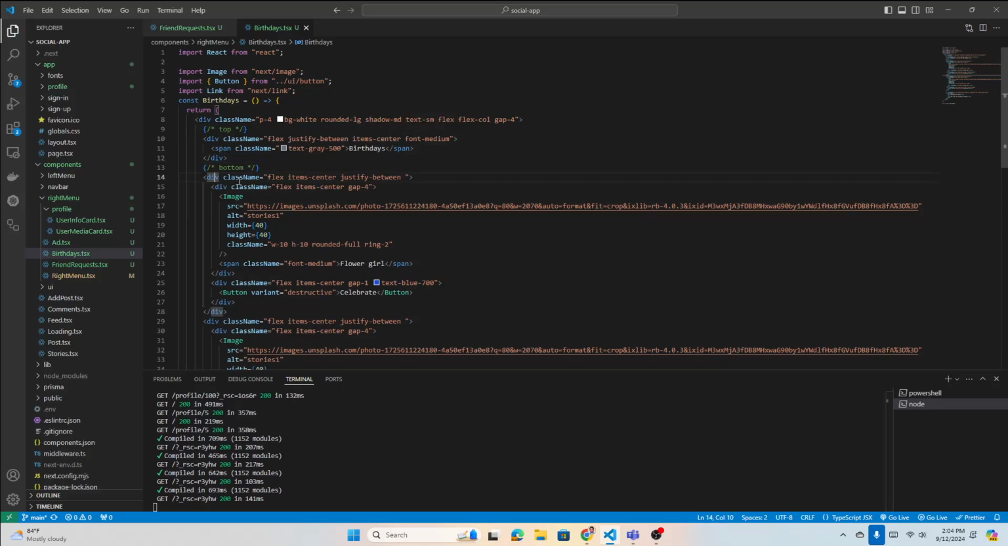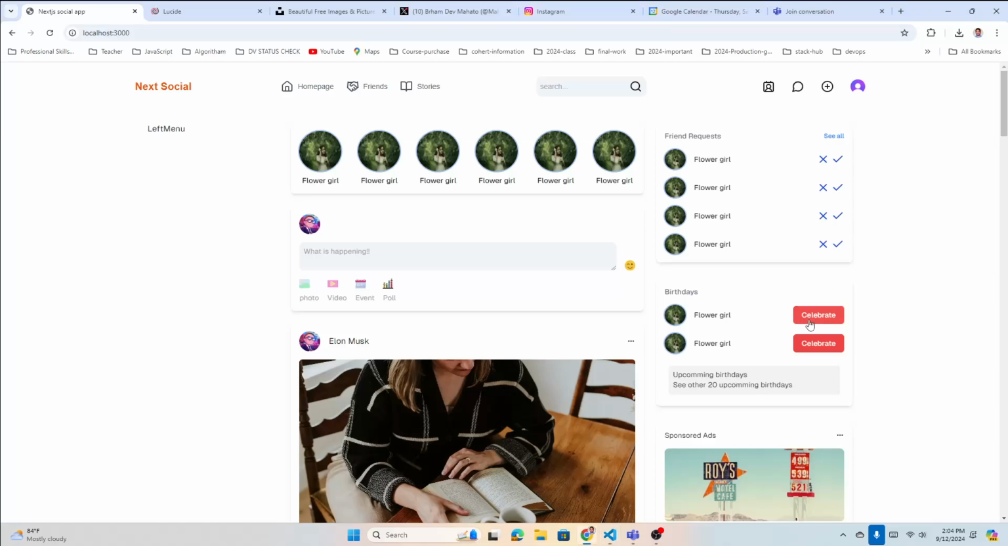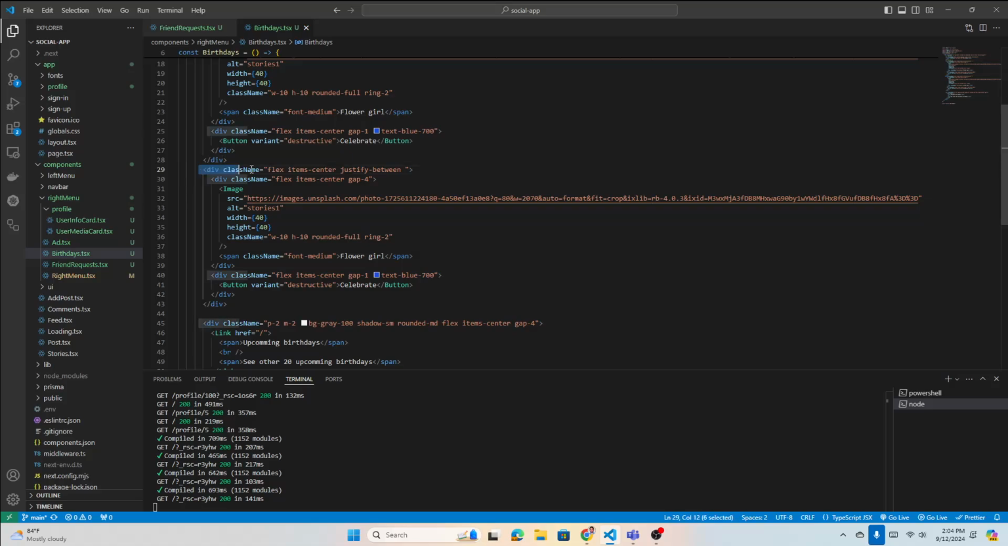Then in the bottom section, you have the same as above. You got the image, then the text for the image, right, in one box, and the second box has the button here, celebrate, and after that you just copy the same thing, right, a couple of times. So we have copied 2 times. If you want to copy one more time, it will be displaying another birthday, right? So let's copy that